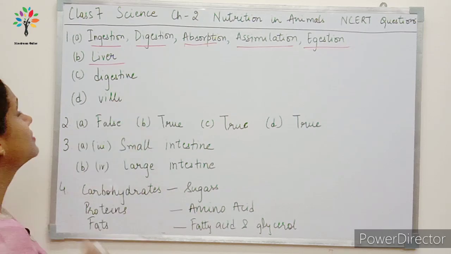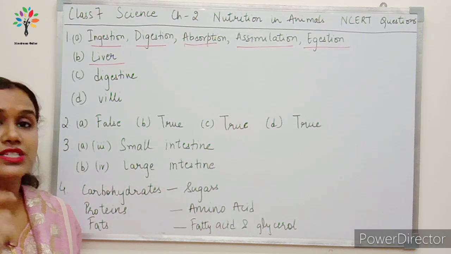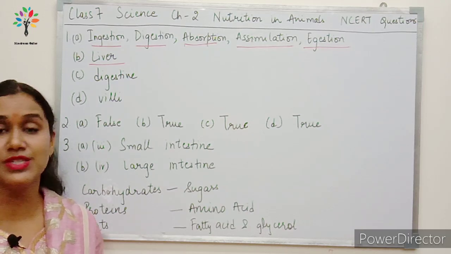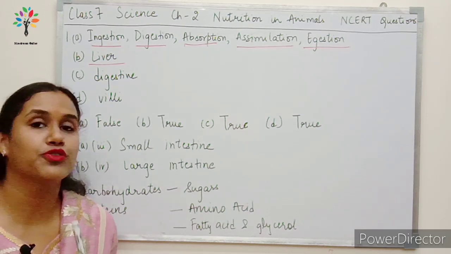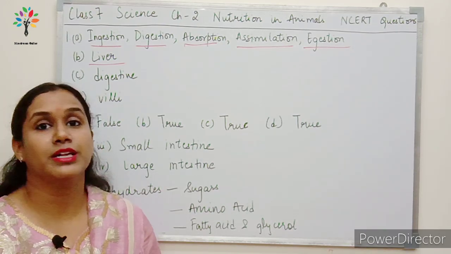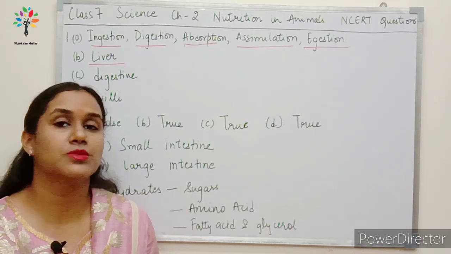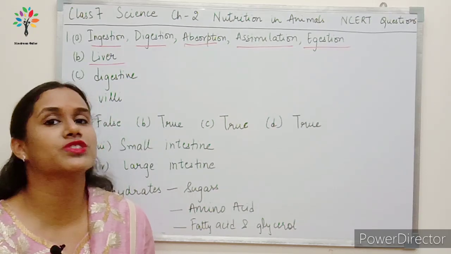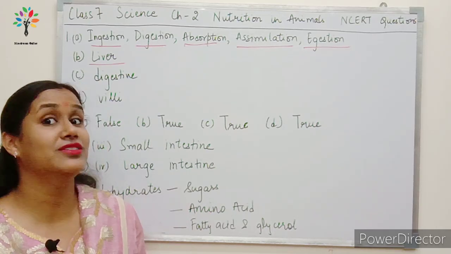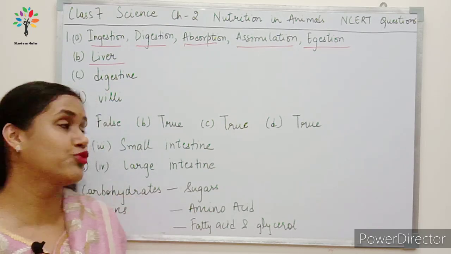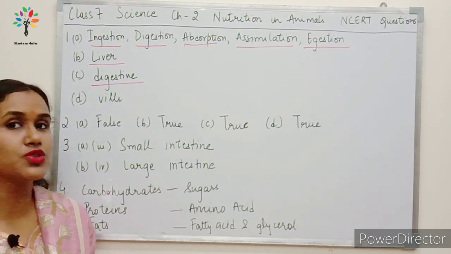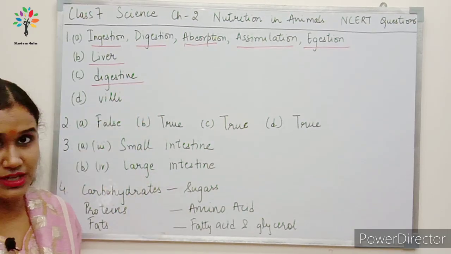The third one is: the stomach releases hydrochloric acid and dash juices which act on the food. If you remember, in the second video we had discussed the functions of the stomach. It produces 3 things. One is the mucus which protects the stomach, second was the hydrochloric acid which makes the medium acidic, and third was the digestive juices which act on the food. So the answer is digestive. Juices is already there, so I've written only digestive, right?